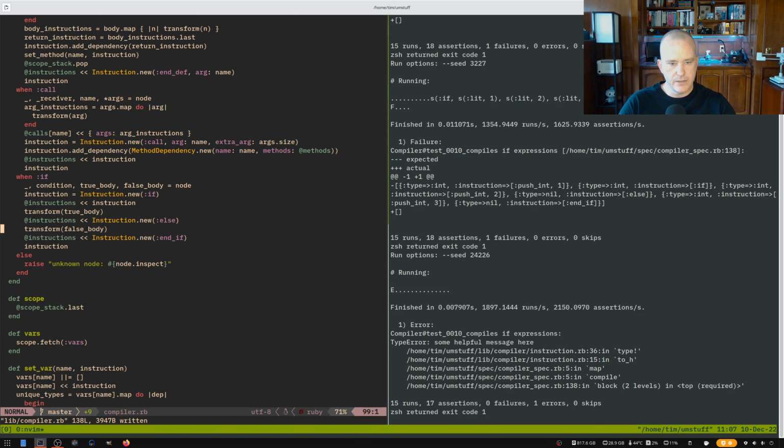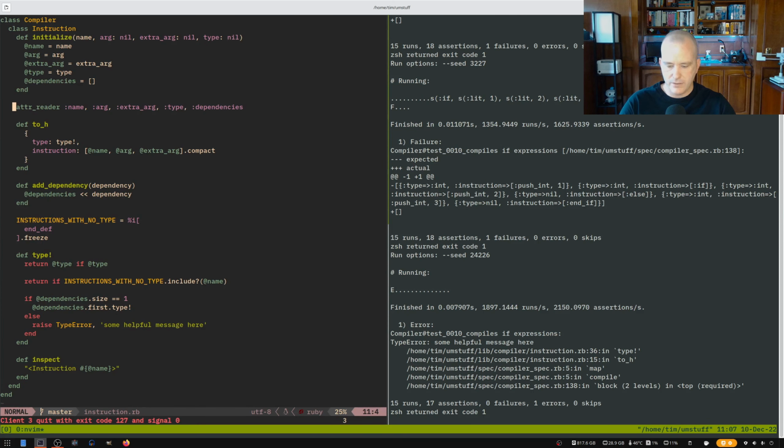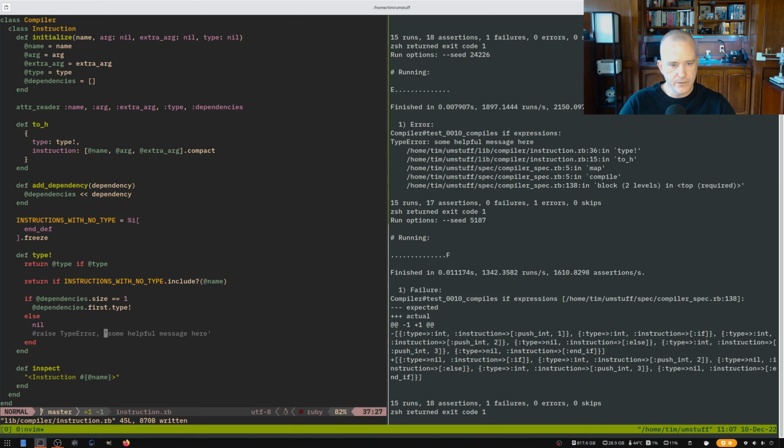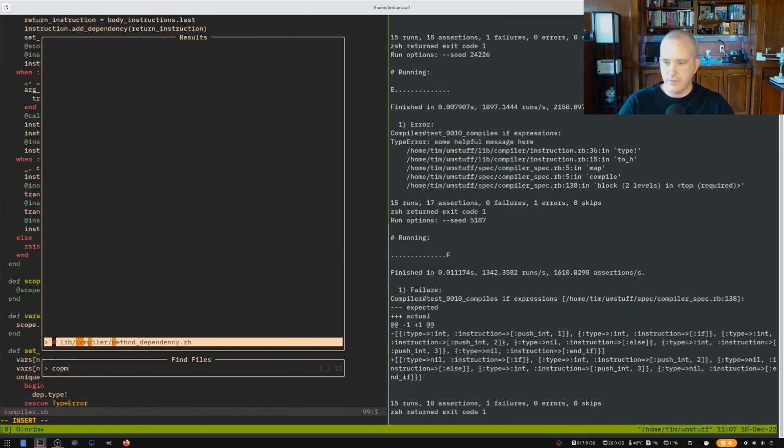Okay, does that get us something? Yes. Instruction RB36. Let's return nil for now. We never got around to writing this message. That kind of bothers me. That's okay. So there's that, and then the compiler